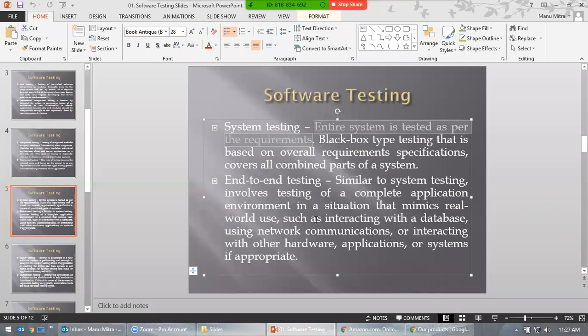So let's go to the next one. End-to-end testing. We'll keep it simple from a QA perspective, because if you go from the ETL perspective, there is a lot more to it, because QA is included in ETL. So when you say ETL testing, that means somebody is thinking that you already know QA, because it's a basic part. So we'll keep it short as a QA perspective. End-to-end testing means from one end to the other end.